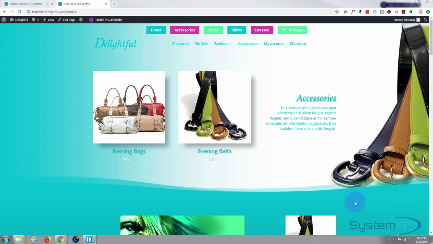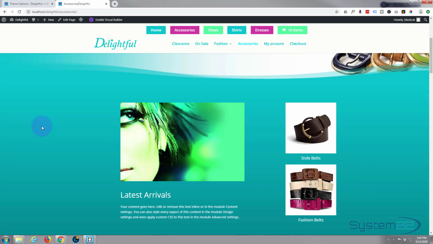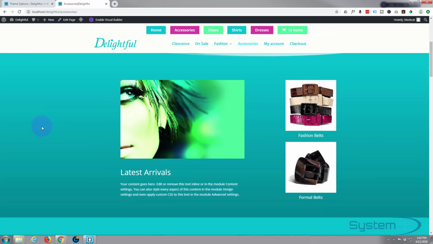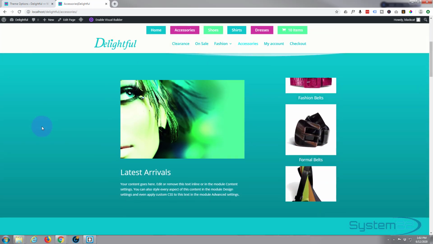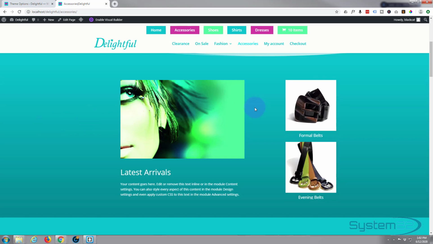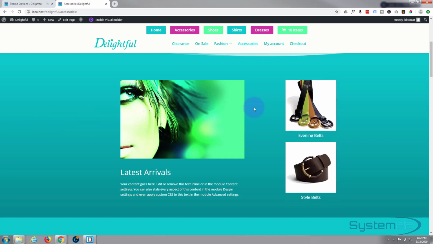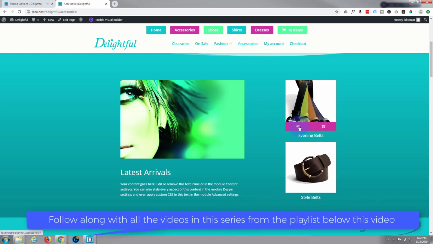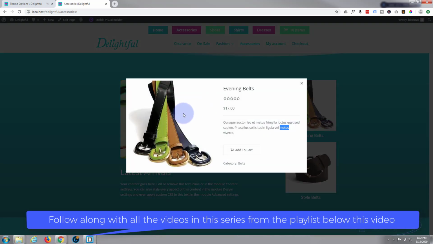Well, today we're going to be using the Divi WowCarousel plugin. Obviously we're using the Divi theme here, and we're going to make this vertical carousel. It's a product carousel that we've got scrolling vertically here. When you hover over it, it's got a quick view button which gives you a quick view of the product with a price and an add to cart button,